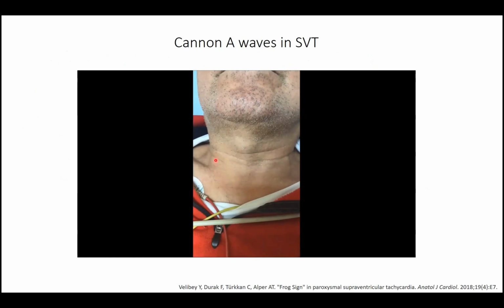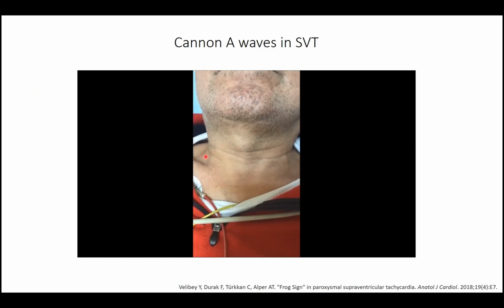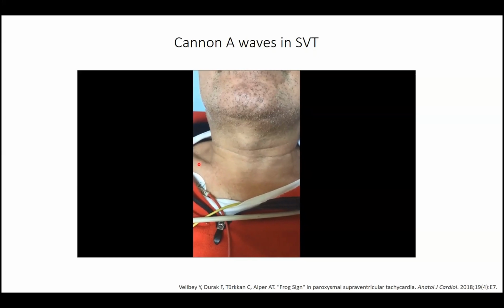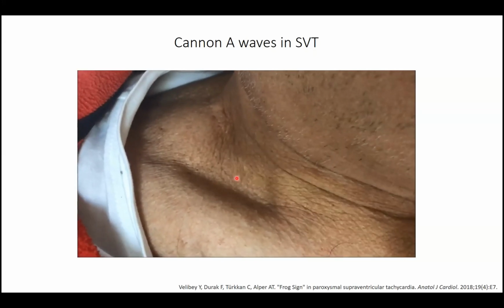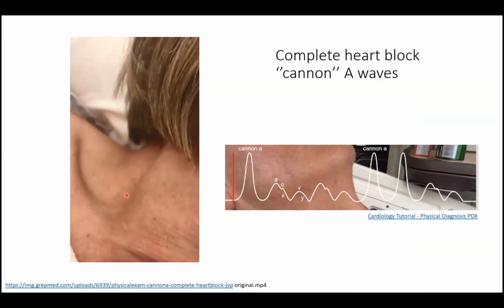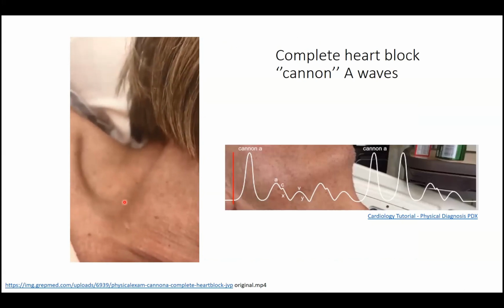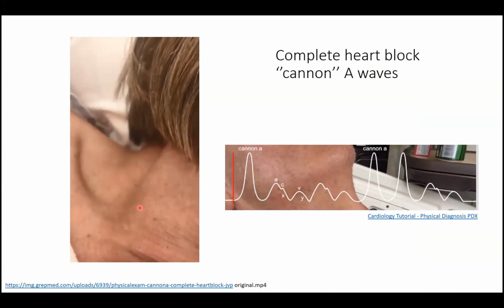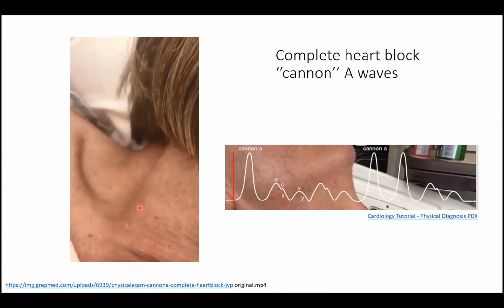Many times you've seen this, right? Cannon waves are mentioned both in heart block and in SVT. This is something you'll observe in a patient who has SVT, but why is it useful? Compared to heart block, in SVT essentially every beat has a Cannon wave, especially in AVNRT, once your atrium contracts against the closed tricuspid valve. Versus in complete block, just so you don't confuse those two conditions, only occasionally